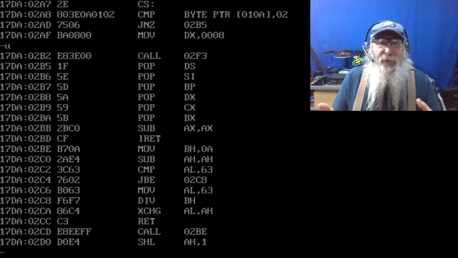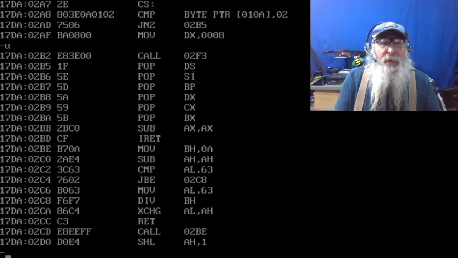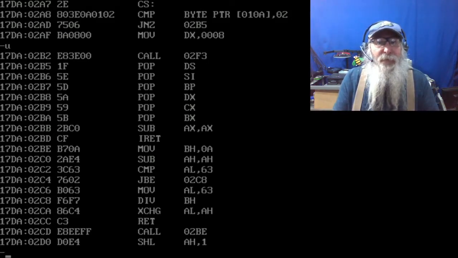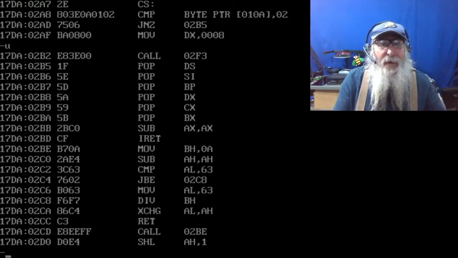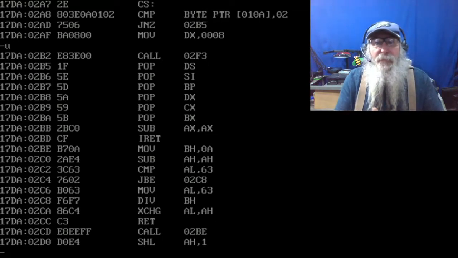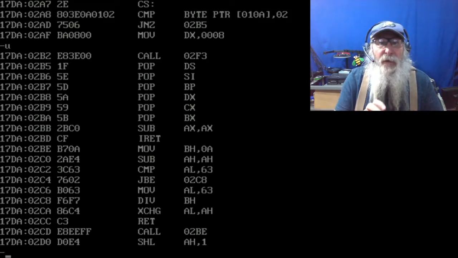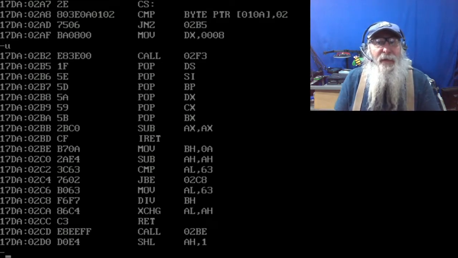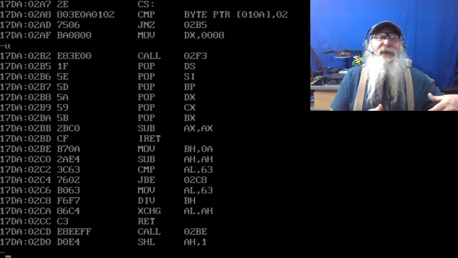It shows the number of bytes for whatever opcode in that column after the address. So we have, in my instance, the code segment 17DA, then a colon, and then the offset that I am in the file